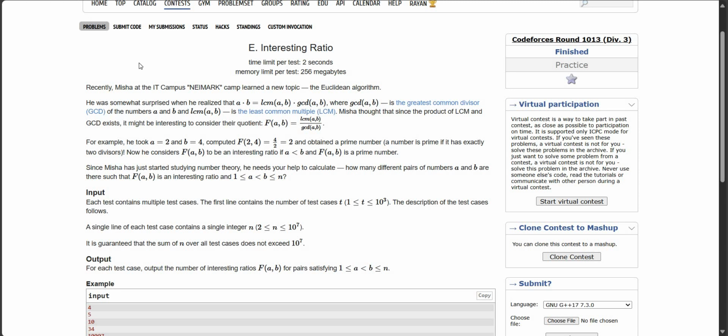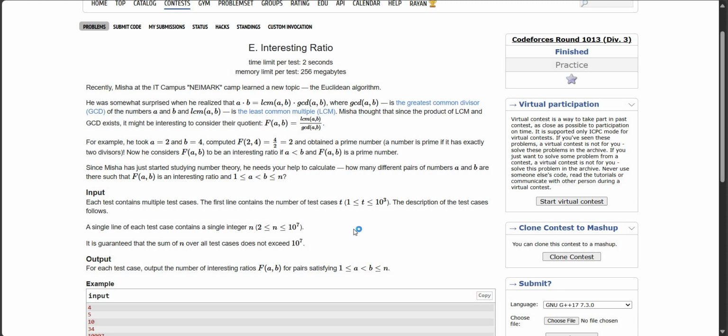Hi everyone. I'll be explaining this problem called interesting ratio. In this problem, you're going to be given a value n. Have a look at the constraint here. It's up till 10 to the power 7. What you're going to have to do is output the number of pairs that you can make out of this limit of n,